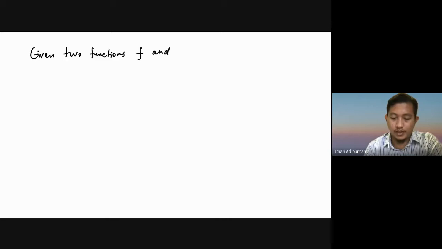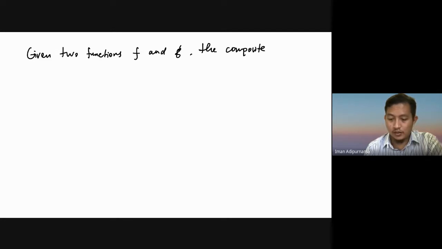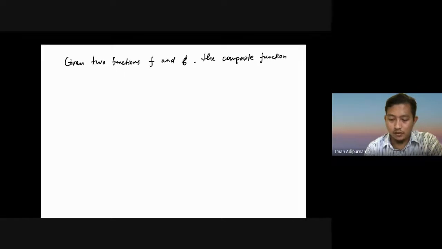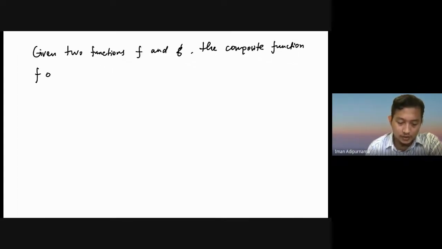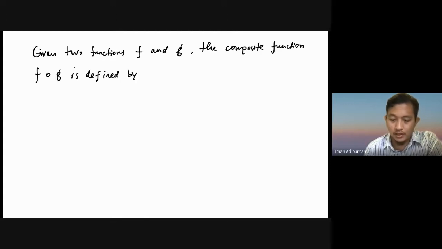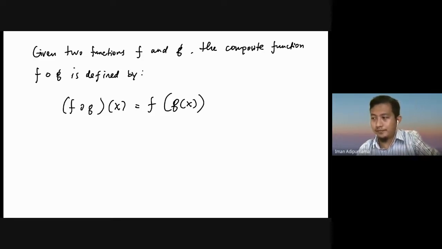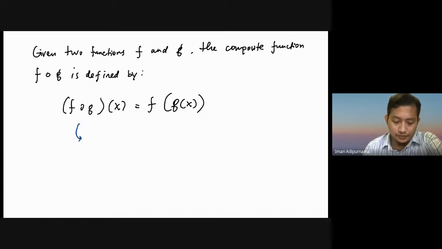Given two functions, let's say f and g, the composite function, f with a circle and then g, we call this a composition or composite function f o g, and it is defined by